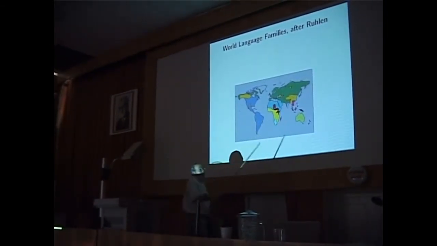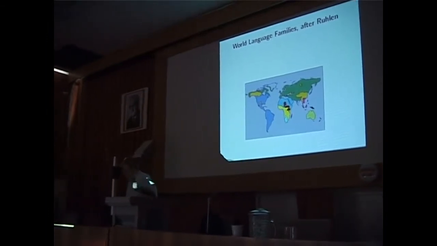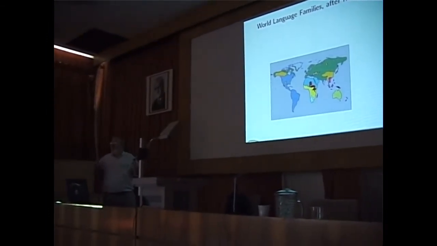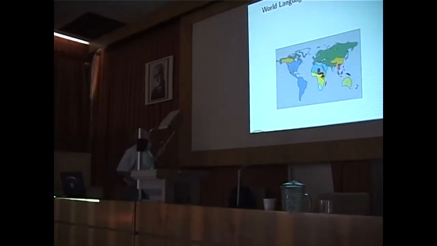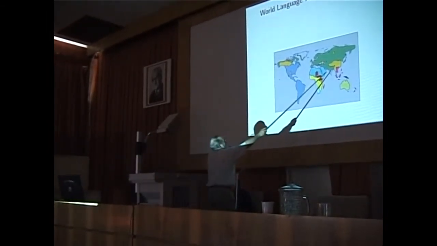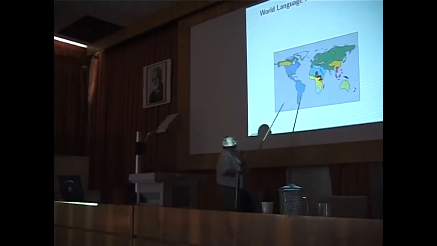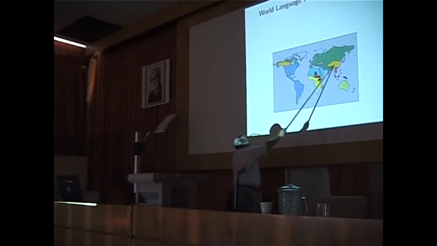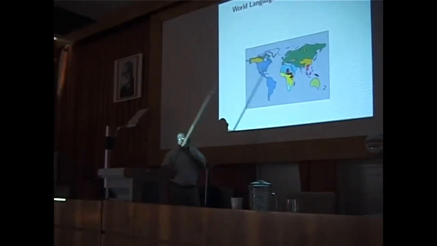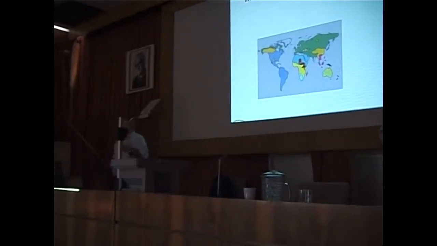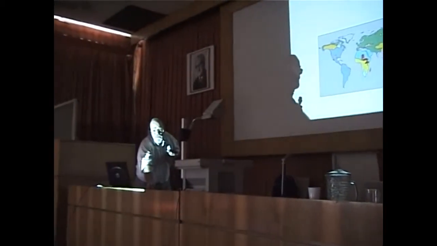Japanese and Chinese have exactly the same genes. The DNA is the same. You can't tell them apart. Their languages are as different as any languages on Earth. This color is so-called Dene-Caucasian: Basques, Caucasus Mountains, a group in Siberia, Chinese, and the Athabascan languages of the New World seem to be related to each other. There's not a trace of this in the DNA. You could look at genes for a year and never see this. It's a completely different pattern. The similarities are local, if any.